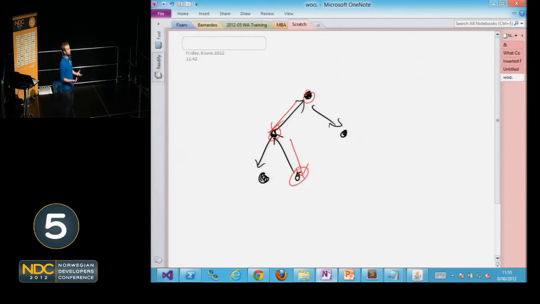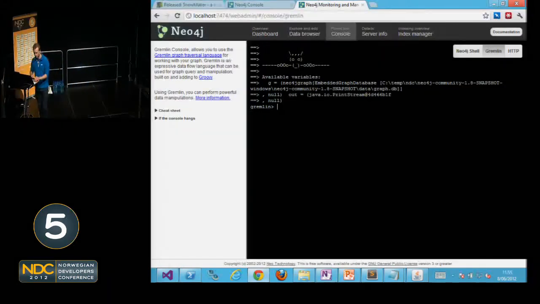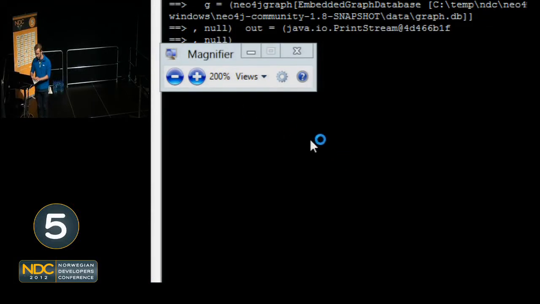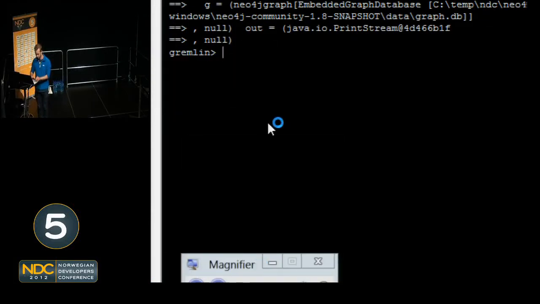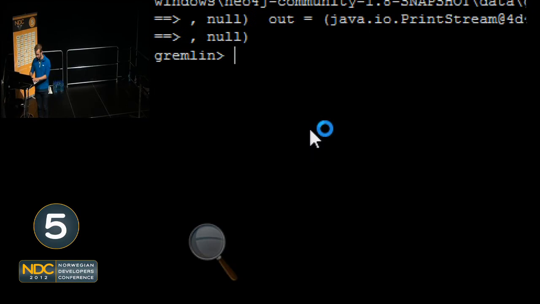And it's really nicely named. They've got a nice little logo of a character who's a little gremlin. And you can imagine him running around the graph and getting different parts of it. And it's a fluent interface, so the way it works, get the magnifier out of the road, I can say, go and get me